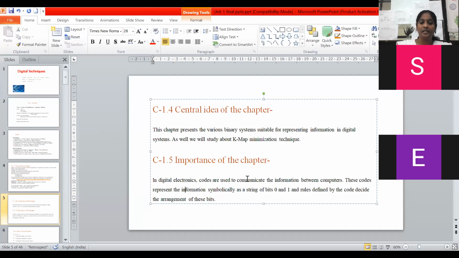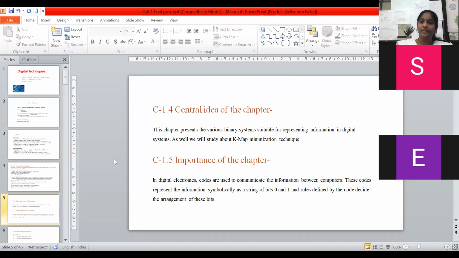Again, I have given an example related to the hardware: if a number of things are available in the hardware, then what will happen? Power dissipation will be more, efficiency will be less. For that purpose, we are supposed to minimize the hardware. So we should know the different types of simplification techniques. For that purpose, we are going to discuss two different types of simplification technique. That is the importance of this chapter.